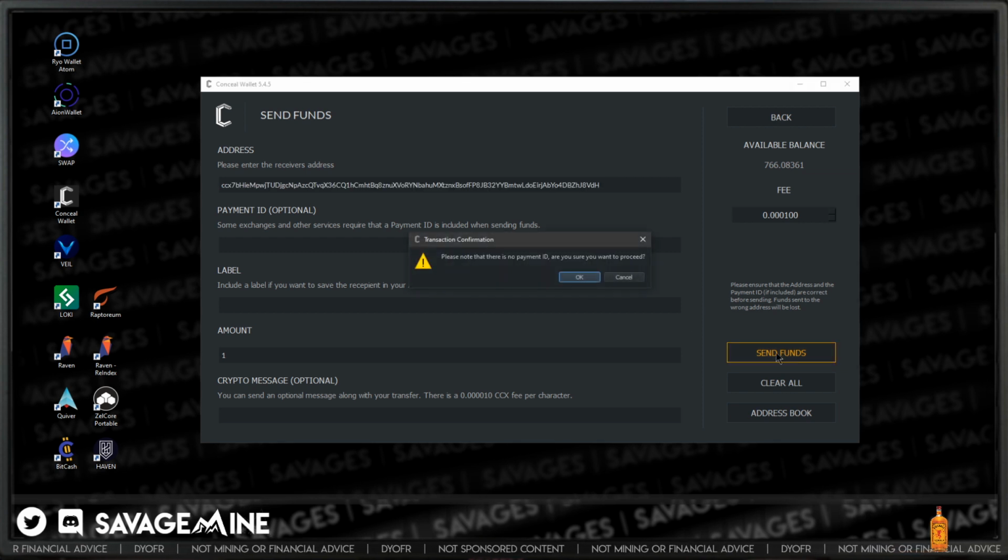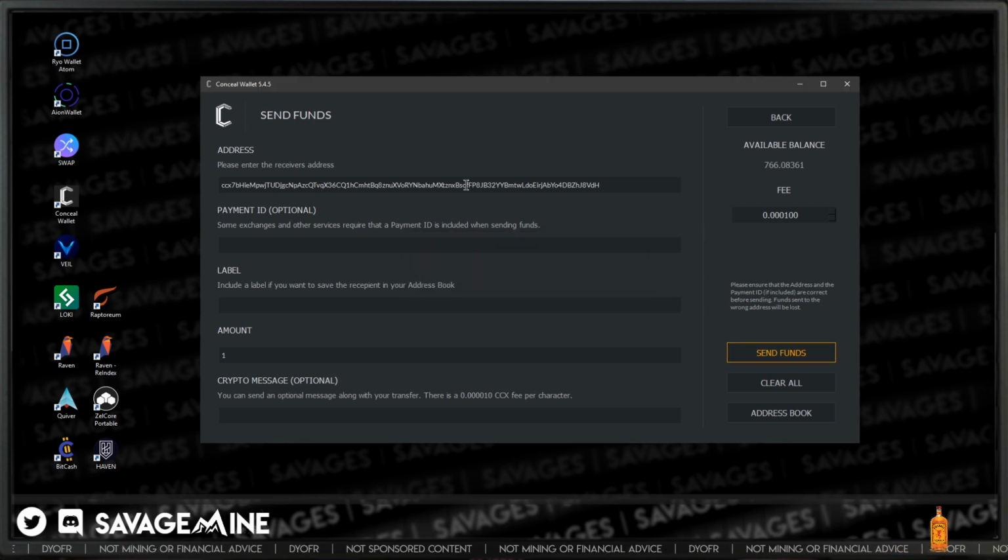Send funds. It's going to warn you there's no payment ID, but you can see here, whoa, wait, what happened there? Did it resolve to that? Oh, you know what, maybe, let's see here. I know I typed that in there and I didn't change it.